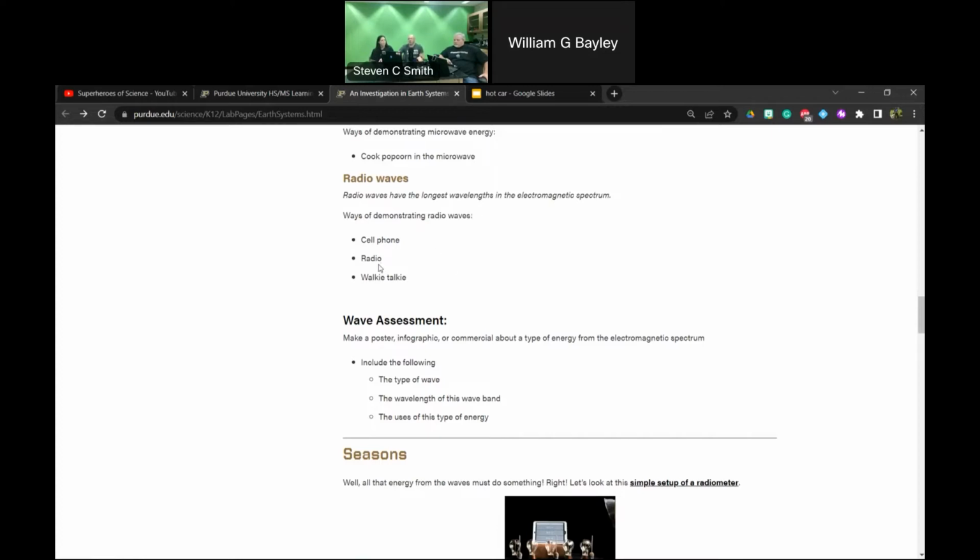I know we always talk about putting on a radio, just using a radio, but that's kind of outdated, and kids don't know what radio is anymore. Some of them still know what walkie-talkies are, but they don't know what a cell phone is. And your cell phones operate in the radio wave bands. I keep wanting to say bands because everything we talk about is the bands.